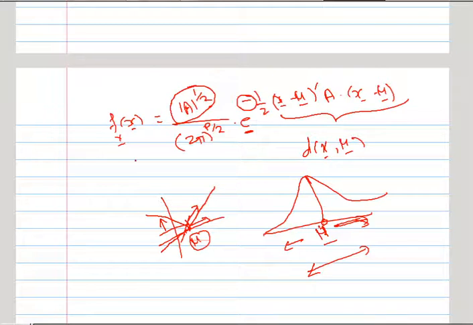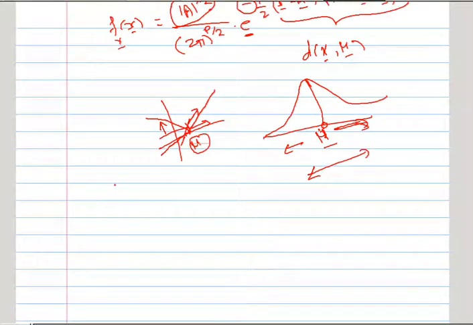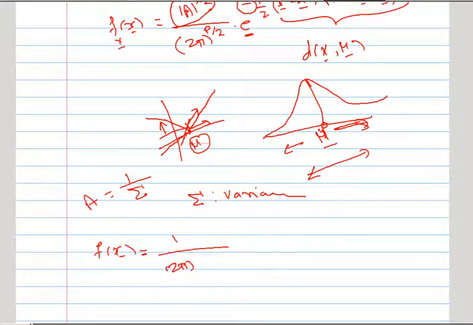Here A is a positive definite matrix, which is taken to be like 1 upon sigma. It is not as simple as that, because sigma is a matrix and we cannot divide 1 by it, but just for the sake of understanding, remember it in this way. If we consider the variance covariance matrix sigma itself instead of A, then f of x bar will be 1 upon 2 pi raised to p by 2, determinant of sigma raised to 1 half, e raised to minus 1 half, (x bar minus mu bar). Here A was there, but because of this it will be sigma inverse, (x bar minus mu bar).